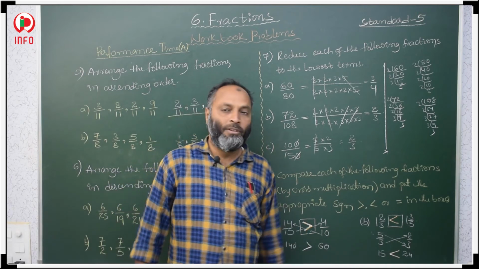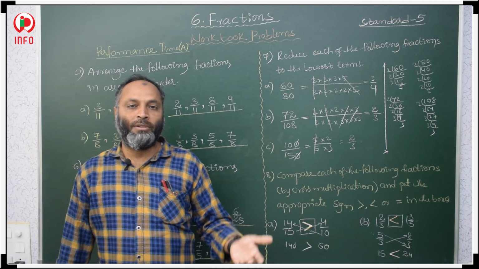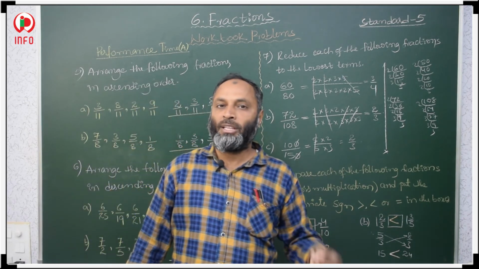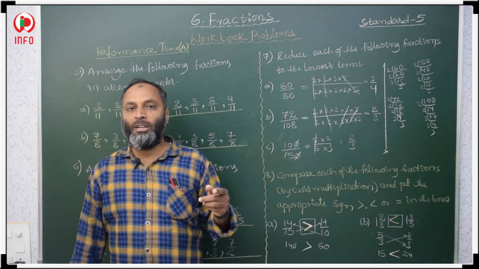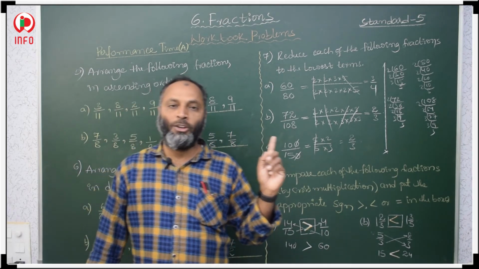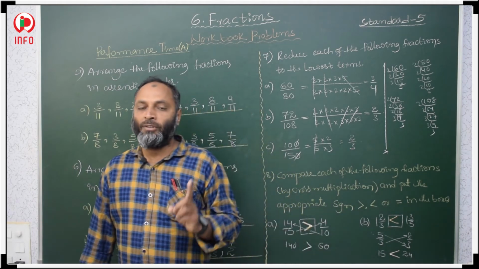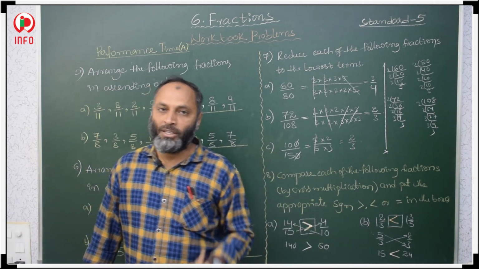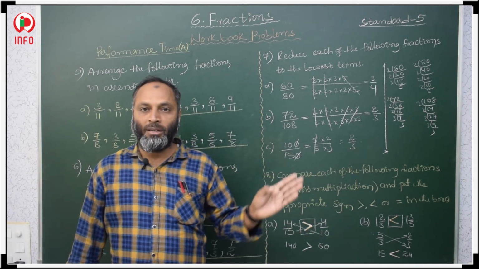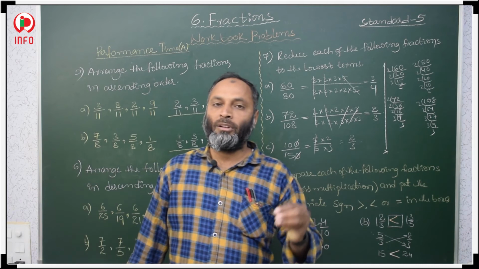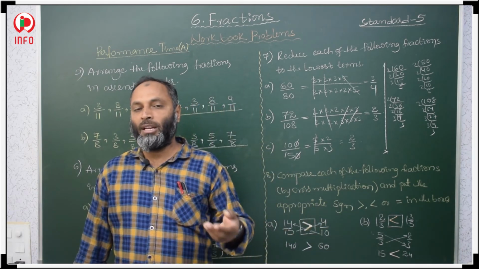In this way, we have to decide which one is smaller and which one is bigger. When a mixed fraction is given, first we have to convert it into improper, then cross multiply. Cross multiply means first fraction numerator with second fraction denominator, and the second fraction numerator with the first fraction denominator, and see whether LHS is bigger or RHS is bigger. According to that, you apply greater than or less than. If the values are equal, then apply the equal sign.